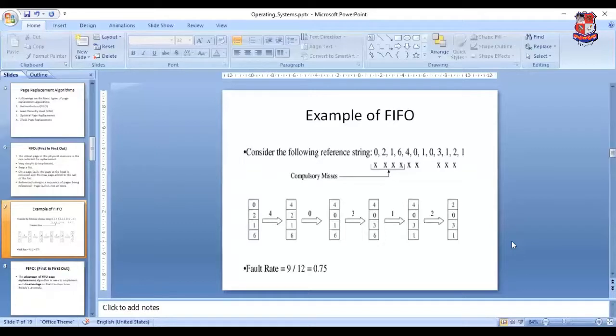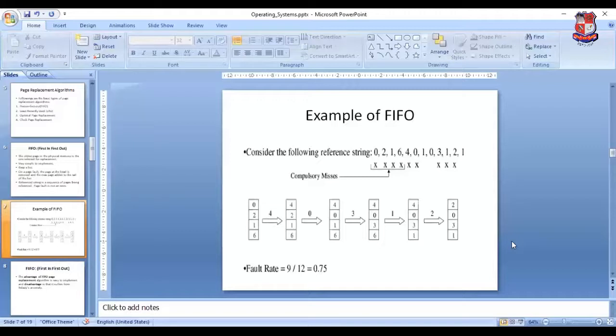Now here we find the page faults. How many page faults occur? At the time of replacing a page, when there is no free frame and we need to replace a page, that is a page fault. So here a total of 9 page faults occur, and the number of times we do not need to replace the page is 3 times: 1, 2, 3. This is the page hit.